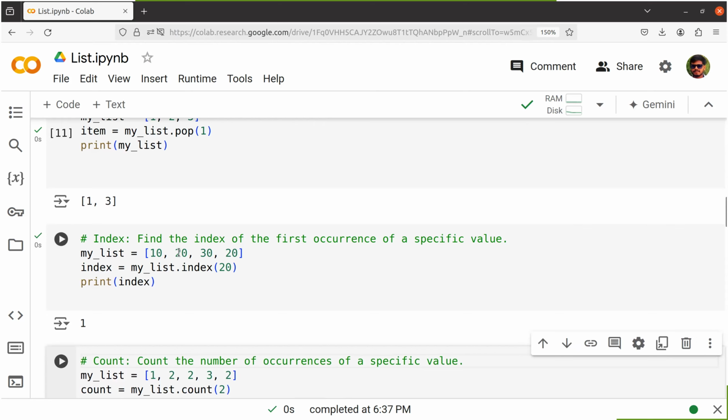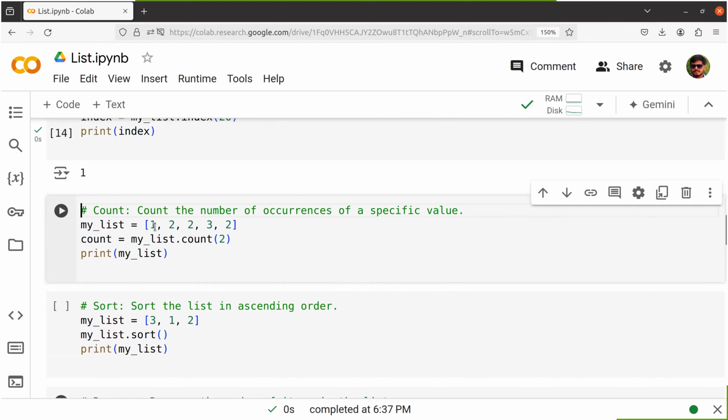Index is 0, 1. Then index is 1, 0, 1, 20. Index is 1. And if we want to count the number,